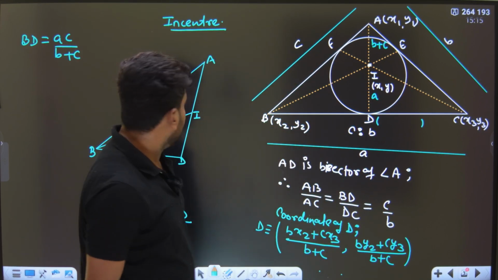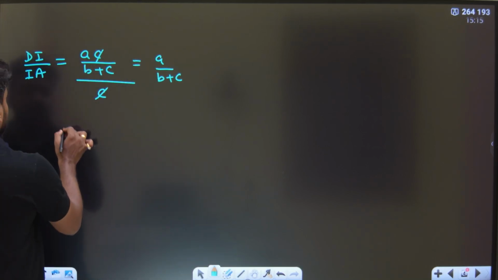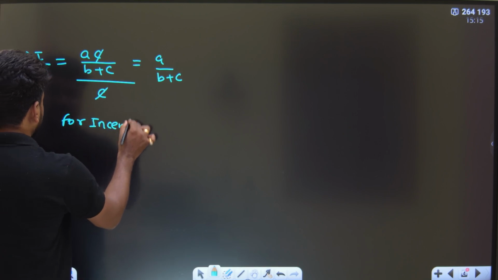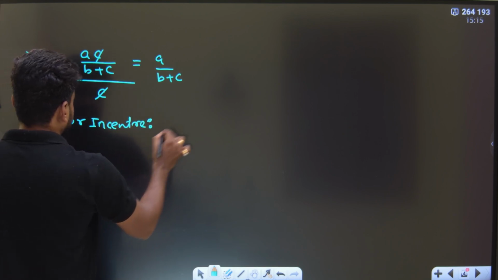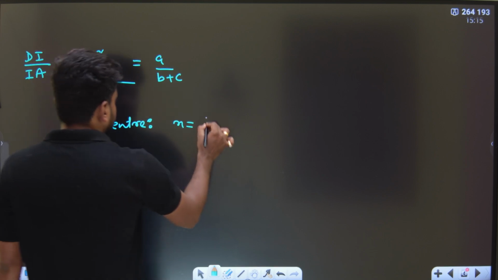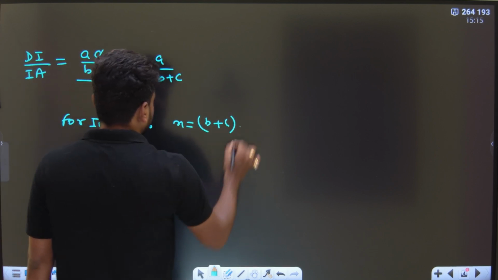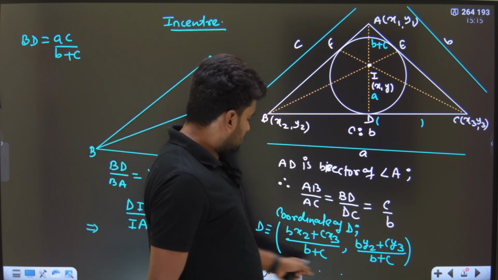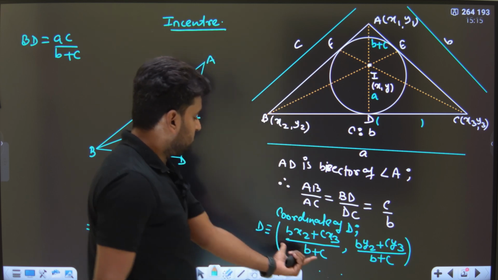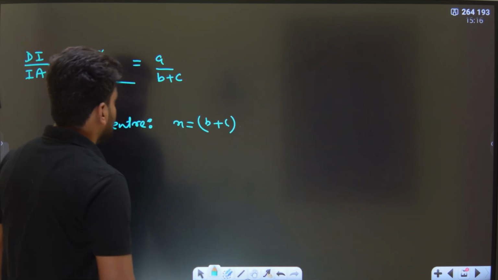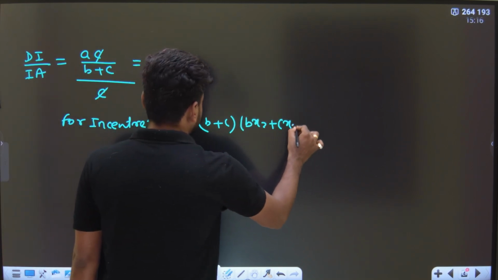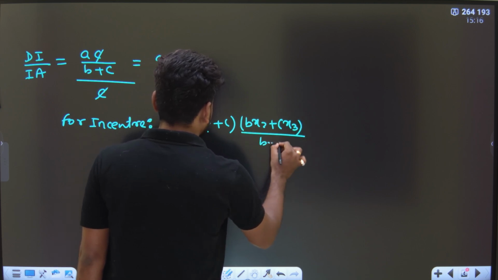For the incenter we can write x equals B plus C into mx2, in place of x2 this complete, means bx2 plus cx3 whole upon B plus C,